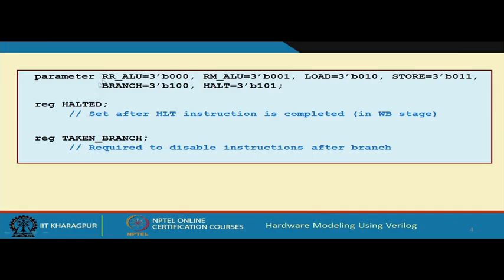Okay. Now, this we have already shown, these are the types and these are the 2 single bit flip flops I mentioned. Halted will be set after the halt instruction reaches WB and is completed in the write back stage. Taken branch is another single bit register which will be set after you decide that you are taking a branch, and that is known only at the end of the EX stage, as I have